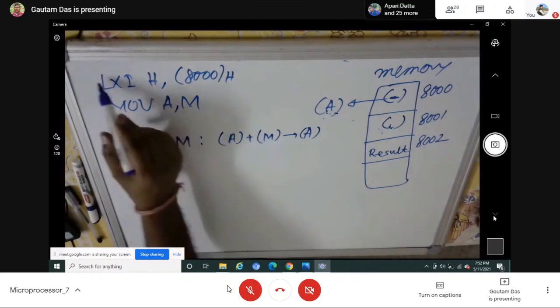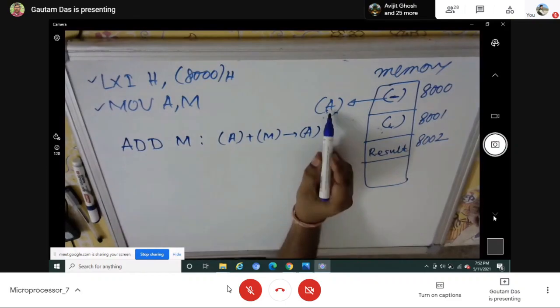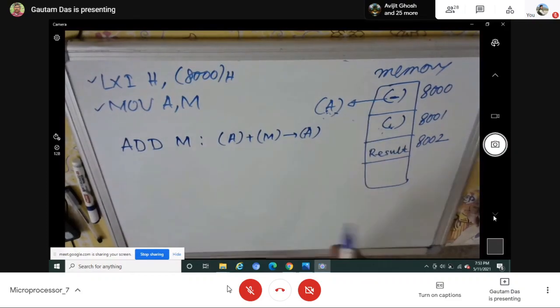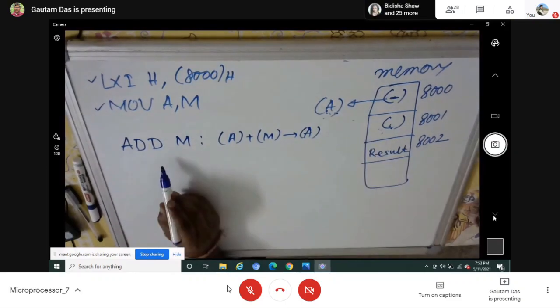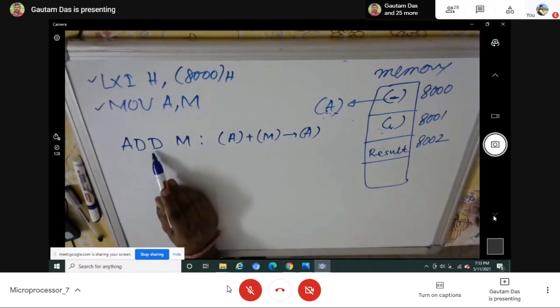That means no. This instruction you have used for what? So this is over. Again, your task is to add A with M. So you find that the instruction available to do it is ADD M. You write it. But whenever you write an instruction, you check whether there is an M operand or not. There is an operand labeled M. So your task is to store the address of this M into the HL register pair before it.